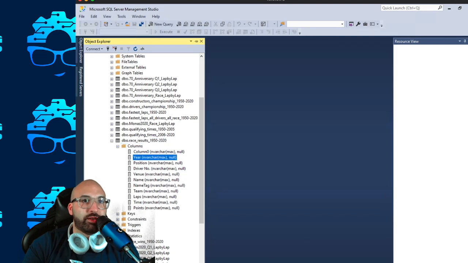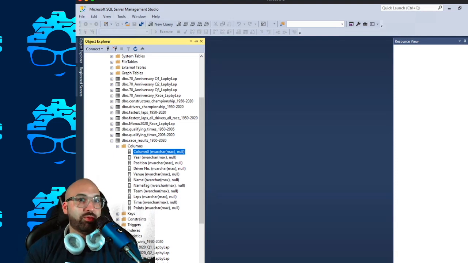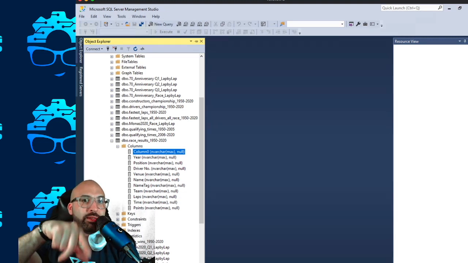Okay, driver, venue, okay, at certain tracks, the year, position. Okay, I think I like this one. One thing to know about DBATools, the reason it's so quick and the reason it's so universal and it'll just let you import any file, is that if you notice, all my columns